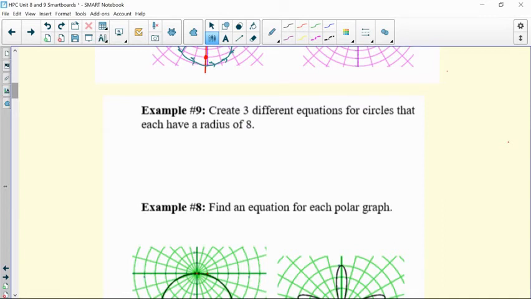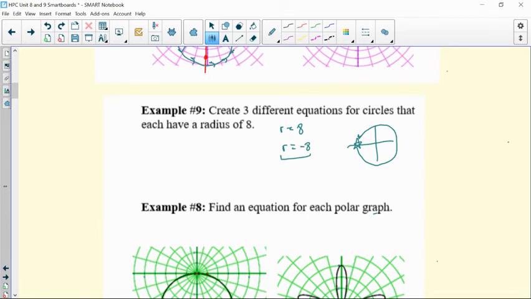Now, example 9, certainly pause the video and come up with these and then check it. Create 3 different equations for circles that each have a radius of 8. So I guess the most basic could be R equals 8, or you could say R equals negative 8, because remember, where would R equals negative 8 start? It would start on the left and then go in a counterclockwise direction,